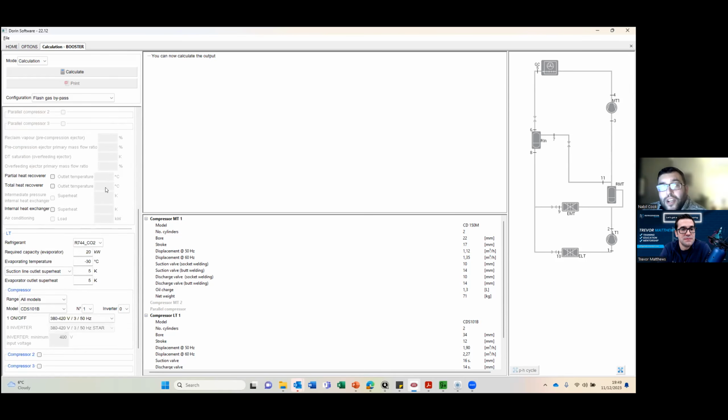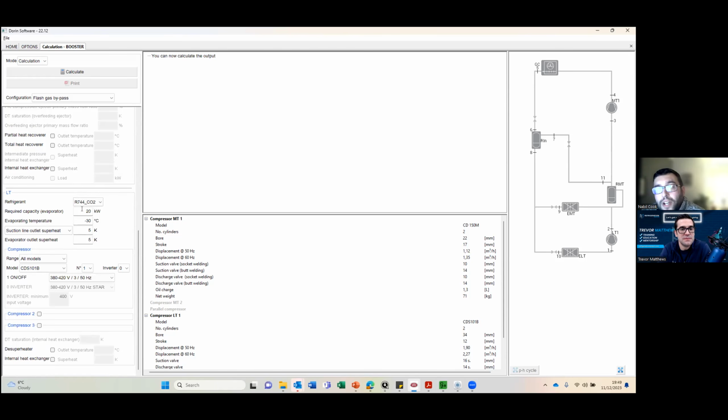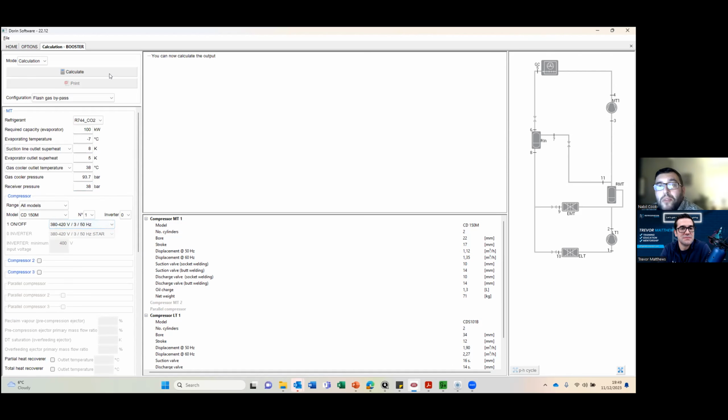And now we have a look at LT. So we've got a required LT capacity of 25 kilowatts and an evaporating temperature of -29, an evaporator outlet superheat of 5K, and add the non-useful superheat on to get a suction line outlet superheat of 10K into the compressor. So we've input what we need and we press play, press calculate, and you will see that we've got